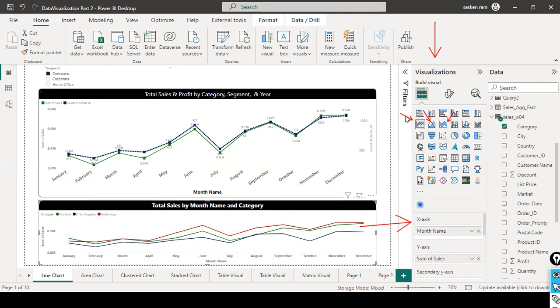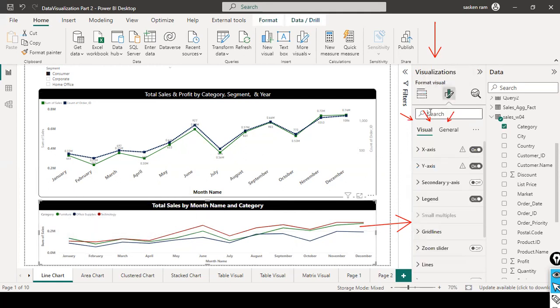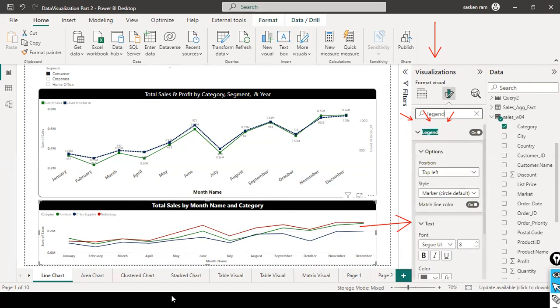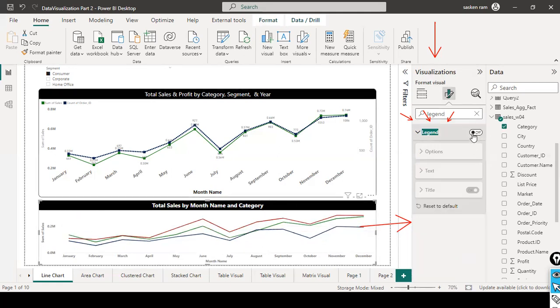And if you want the legend, you can very well go to the format and type legend. Legend is already on, but it is displaying on the top left. What you can do is toggle this top so that you will get more space. And if you hover the cursor here, in the black color rectangle, you can see each category, how much sales